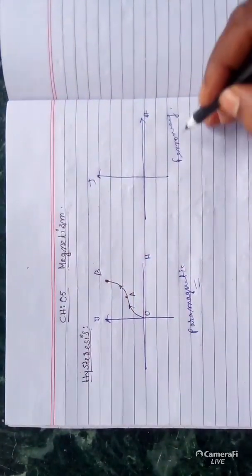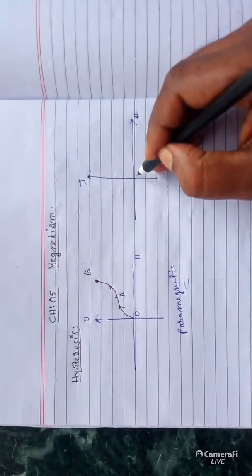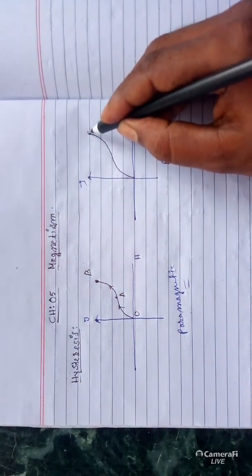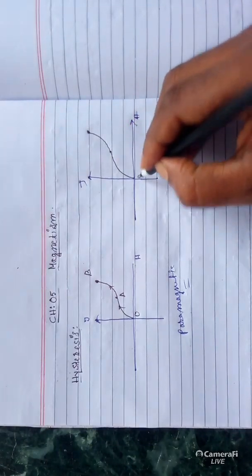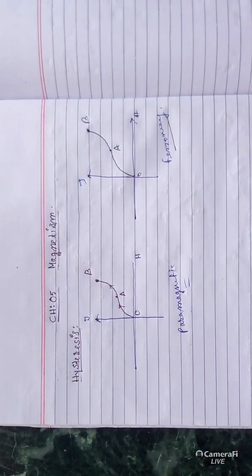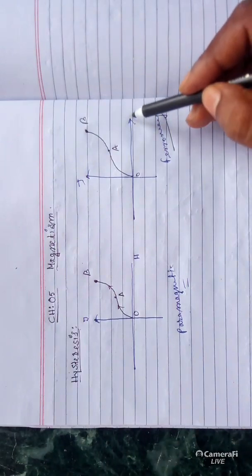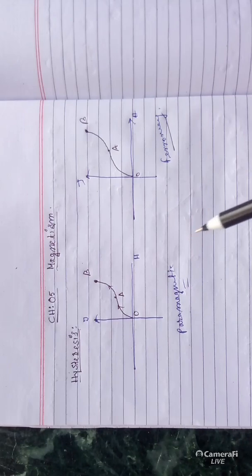Now, similarly for the ferromagnetic substance, if we increase H, the value of J will also increase in some non-linear fashion and come to this point, the saturated point. I am giving similar names: O, A, B. After this point B, if we increase H, there will be no increase in J. Why? Because all the magnetic moments have aligned along the magnetic field.